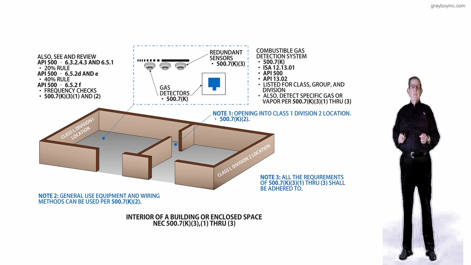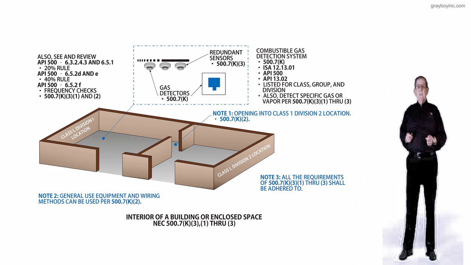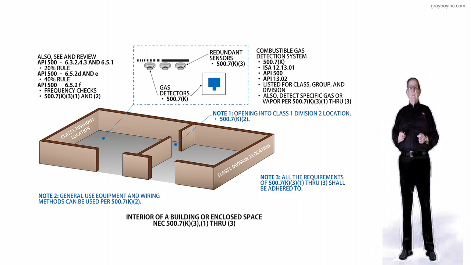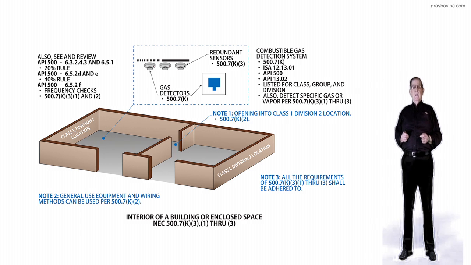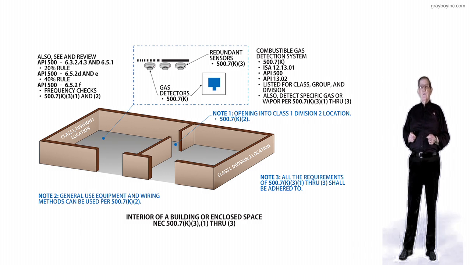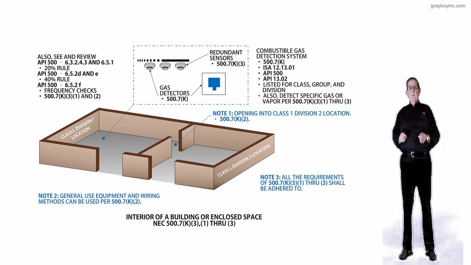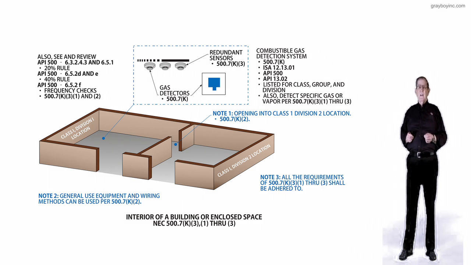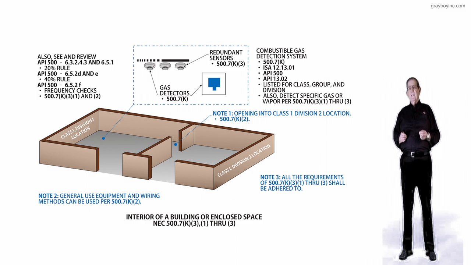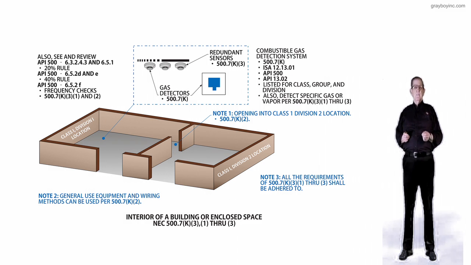This illustration deals with the interior of a building or enclosed space, in accordance with NEC 500.7 K3, K1 through K3. The purpose of the change was to provide a revision of this section. The revision was made to clarify that any building or enclosed space that does not contain a source of flammable